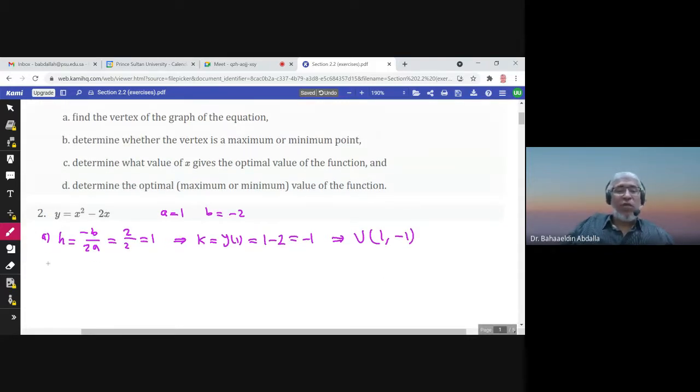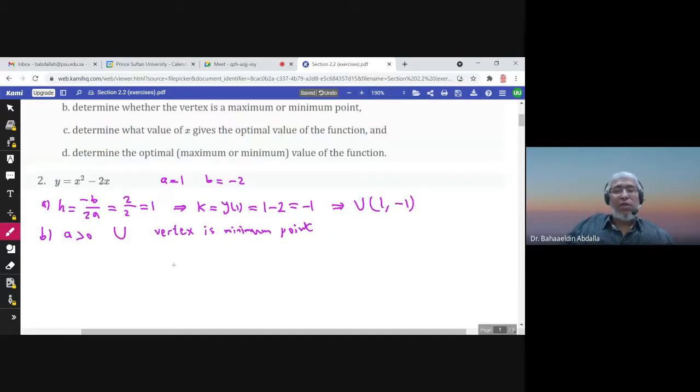B, determine whether the vertex is a maximum or a minimum. Well, A is 1, so A is positive. So the parabola opens upwards and the vertex is minimum point, is the minimum point. C,